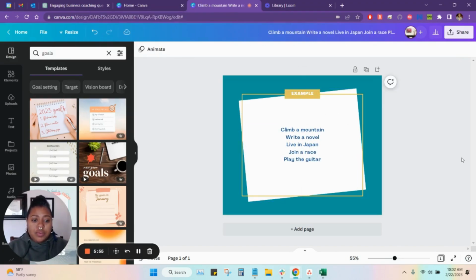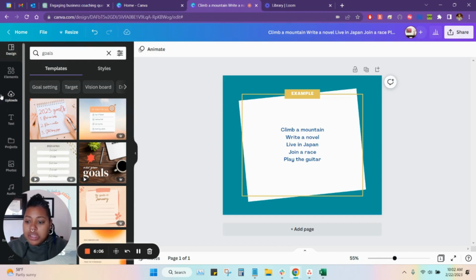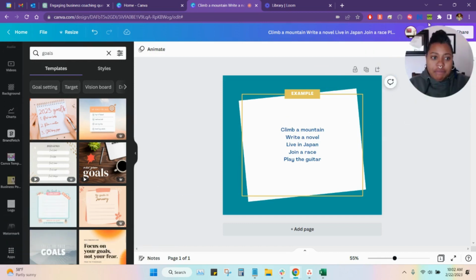All right, cool. So that looks pretty good as far as the design. So now what we're going to do is take that file and upload it to Canva and tell Canva where we want our text to be. So we're going to scroll down here. Let me move myself up here. We're going to scroll down here to,